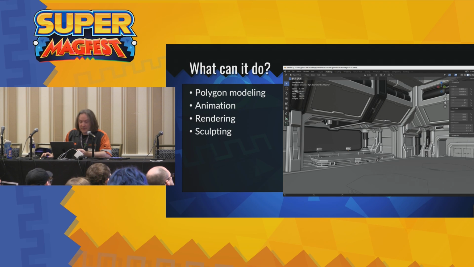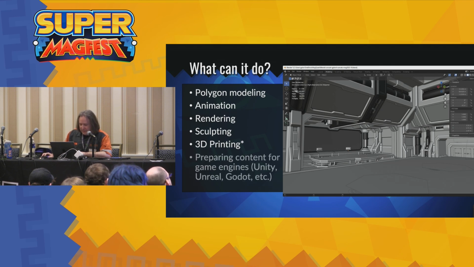It is sculpture software, so there are definitely commercial products that might be more industry standard. If anyone's heard of ZBrush, those are great tools if you can afford them, if you can get a license for them in other ways. They're expensive. Blender is actually a great sculpture software, and it's what I use on purpose even with a ZBrush license. And then I'm putting an asterisk next to this one, 3D printing. Definitely you can make models that will go to 3D print as an STL, and that will work. If you're trying to do very precise 3D printing, that's where I feel like you could start to wiggle away from Blender into other things, and be sad about wiggling away from Blender.